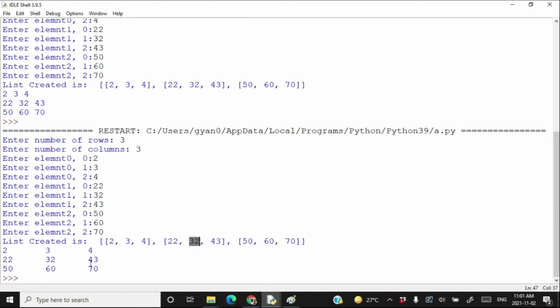So hopefully you understand the concept of nested list, the concept of two-dimensional list, the concept of regular two-dimensional list and ragged two-dimensional list. And now you have no confusion about creation and traversal of a two-dimensional list. Of course, lists can be multi-dimensional in nature, but in class 11 we are not going to discuss that concept. Hopefully you enjoyed this video. See you in the next video.